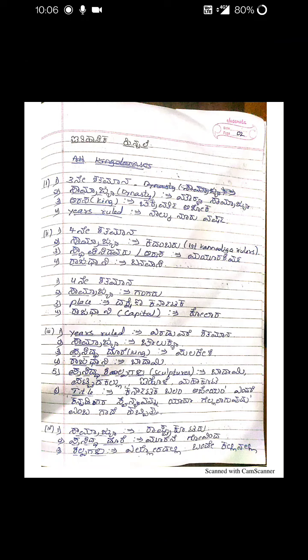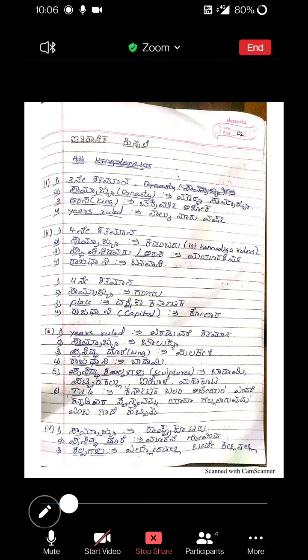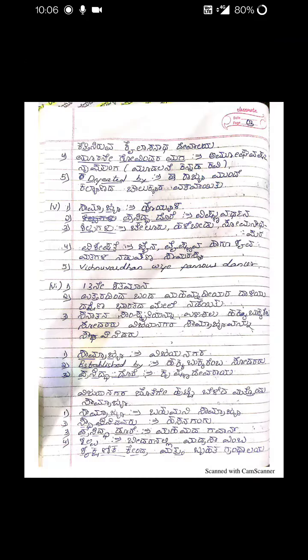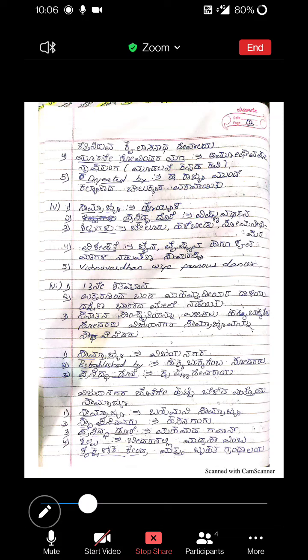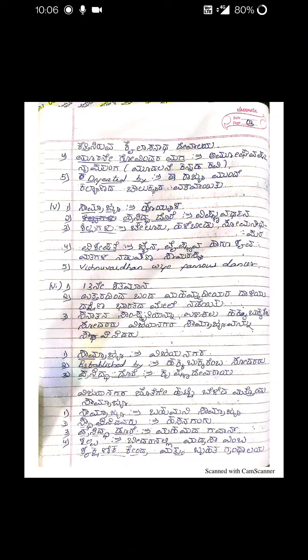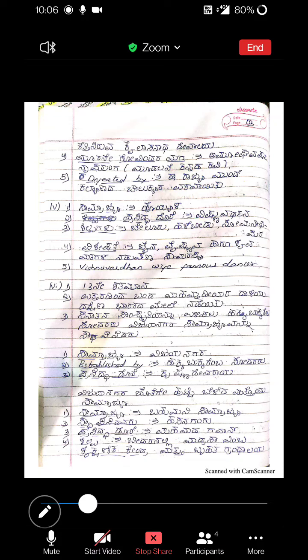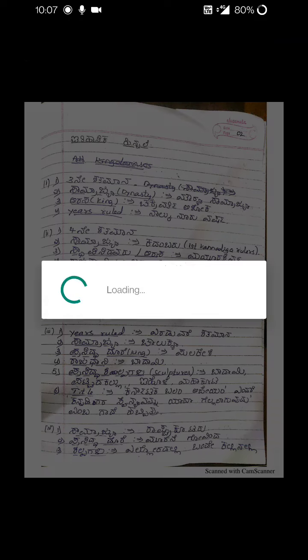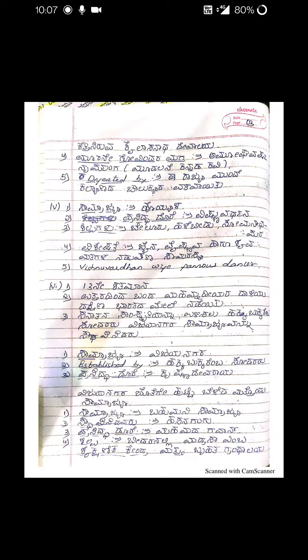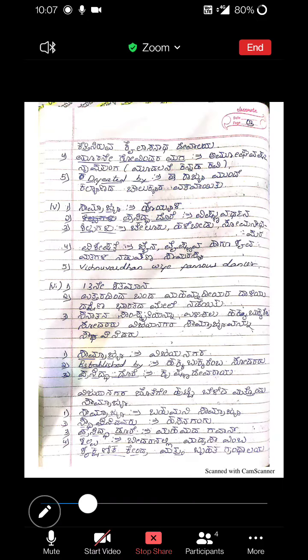The next Samraja was Rashtrukutaru. ಪ್ರಸಿದ್ಧ ದೊರೆ was ಮುರ್ನೆ ಗೋವಿಂದ, and ಶಿಲ್ಪಗಳು ಎಲ್ಲೋರದಲ್ಲಿ ಒಂದೇ ಕಲ್ಲಿನಲ್ಲಿ ಕೊರೆದಿರುವ ಕೈಲಾಸನಾಥ ದೇವಾಲಯ. ಮುರ್ನೆ ಗೋವಿಂದನ ಮಗ ಅಮೋಘ ವರ್ಷ ನೃಪತುಂಗ ಮೊದಲನೇ ಕನ್ನಡ ಕವಿ. This guy ಅಮೋಘ ವರ್ಷ ನೃಪತುಂಗ was the first Kannada poet. But these Rashtrukutaru were defeated by Chalukya, and they were further ruled by Chalukyas.